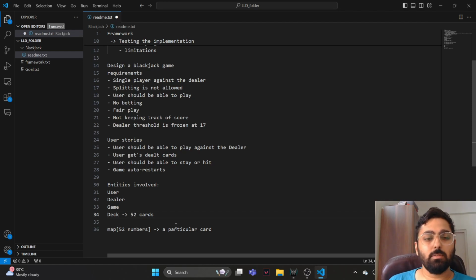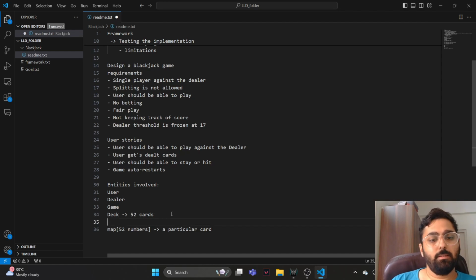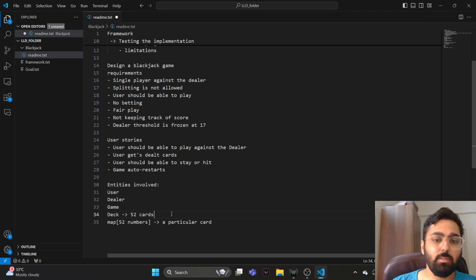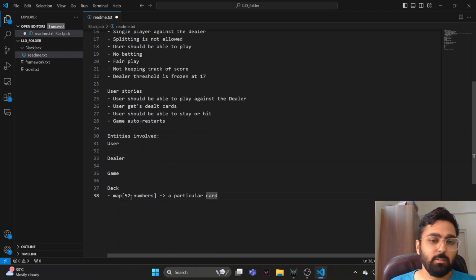We don't need a card class, we just need a map, which maybe we'll keep in the deck, and the deck would just have the state of the deck, like which cards are remaining in the deck, and does it need to know which cards are dealt? Yeah, so this map is probably within the deck, right? So the deck kind of needs to have, okay, this is getting a little bit complicated. So the deck has a map of 52 numbers, and each number points to a particular card, right? And it maintains the